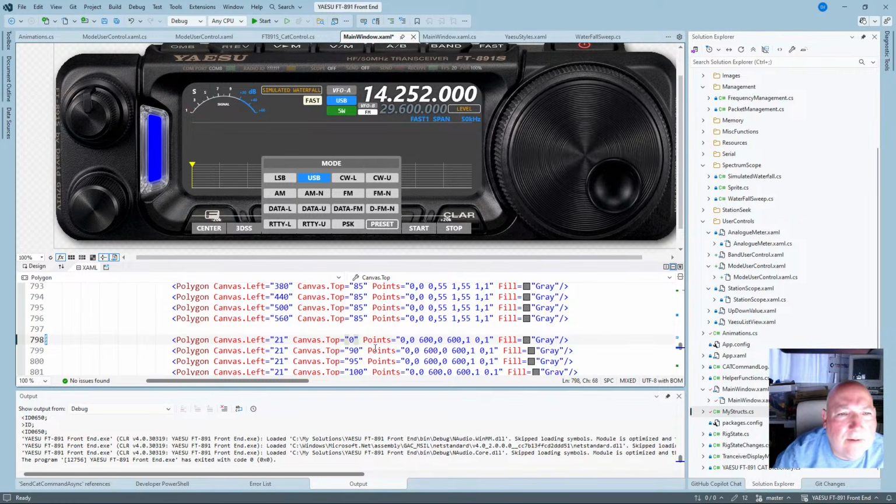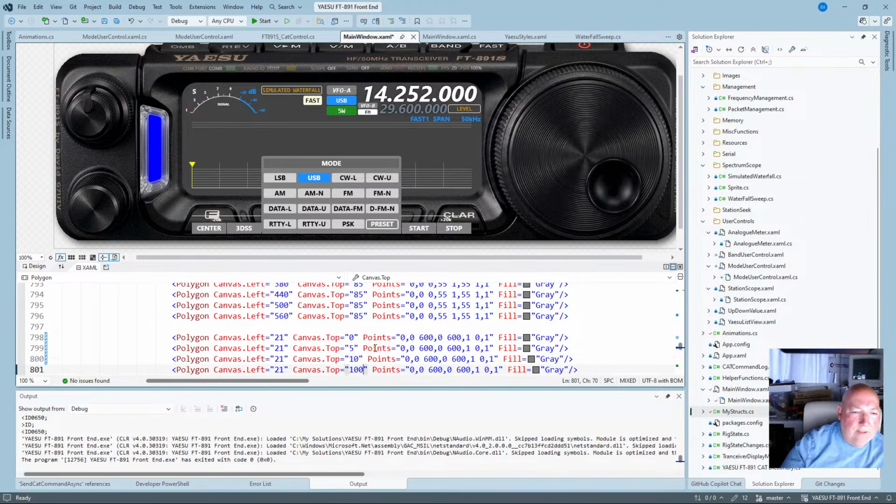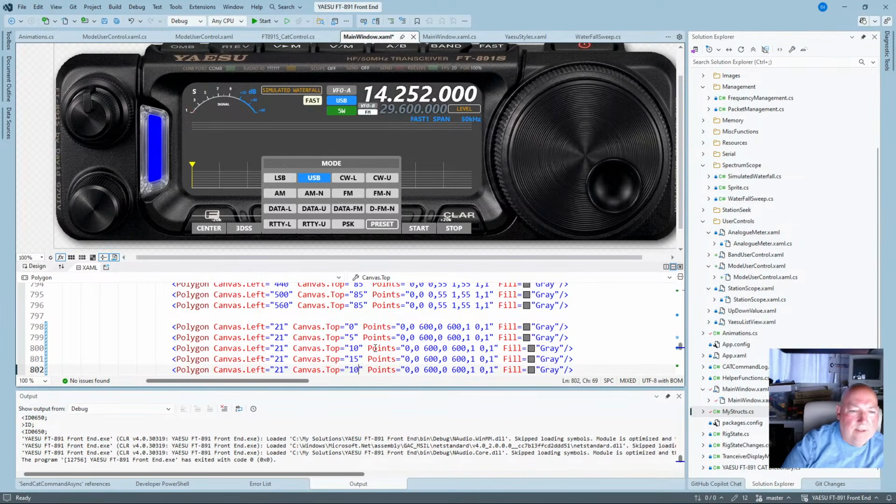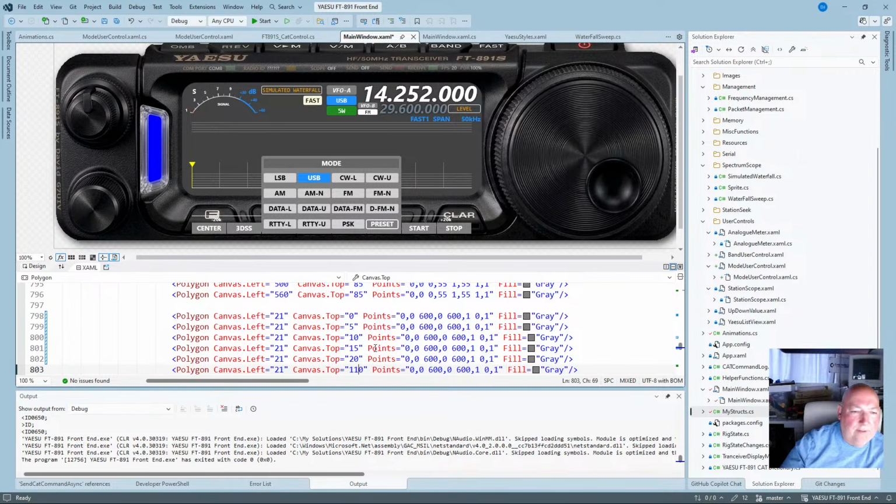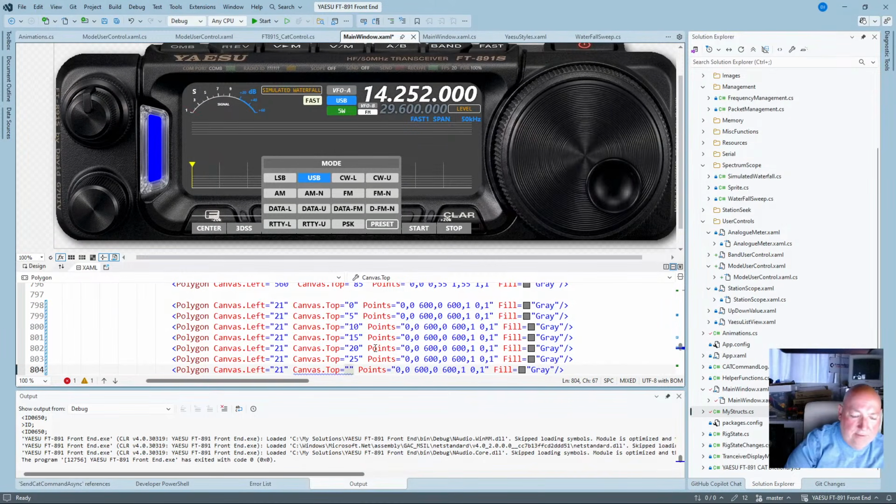Was that where it was? Possibly not. Right, so let's bring them all up. Oh no, that's got to be 5. And then we got 10, 15, 20. This is where we got to mess it all up now. 25, 30,